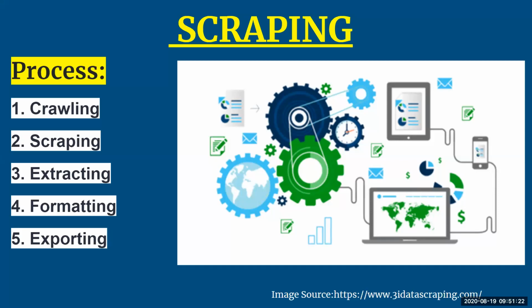At the last step, the data which is received at step number 4 is going to be exported. It can be shared across different platforms as well. So you're going to export into the file formats in which you want to have your data, so that you can go for decision making. Exporting again can be done with the help of many APIs. There are many APIs which help you to do the exporting process. Okay. So web scraping is a very important process. It helps you to get useful information that will help you in your decision making.